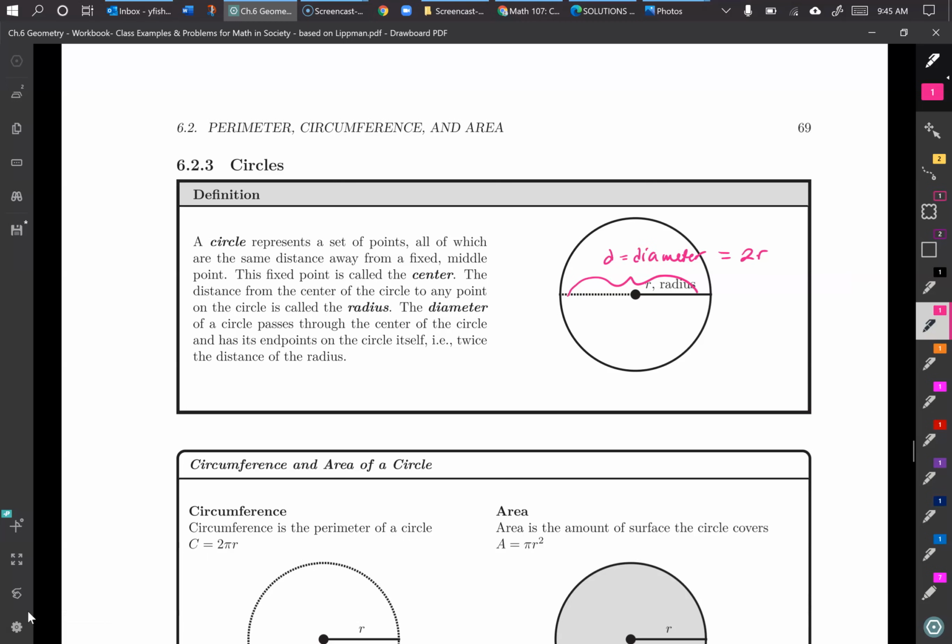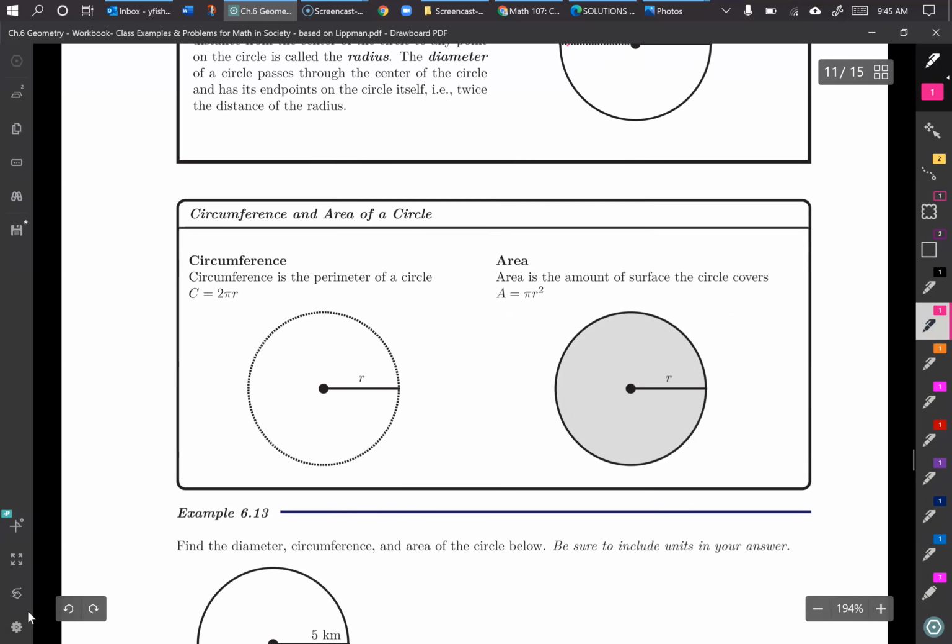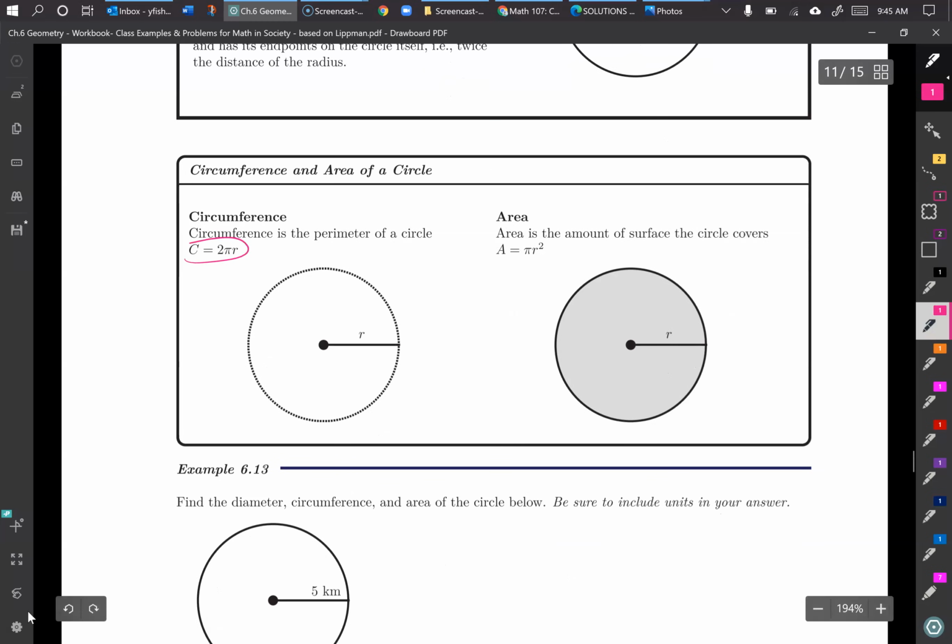Then we have circumference and area of the circle. So you can find the circumference by 2 pi r. And you could also write that as C equals d, the diameter, times pi. Okay, and pi